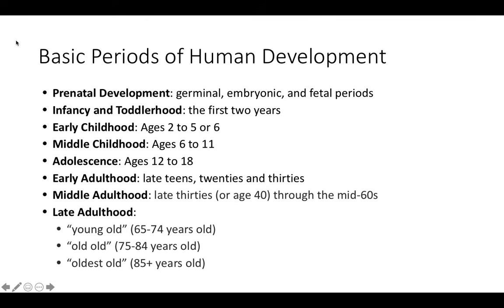All right, so let's talk about some basic periods of human development. Let's first introduce the different stages that we'll go through in the class. So we'll talk about prenatal development. This includes your fetal periods, infancy and toddlerhood, the first couple years of life, early childhood, ages 2 to 5 or 6, middle childhood, ages 6 to 11, adolescence from 12 to 18, early adulthood, late teens, 20s,